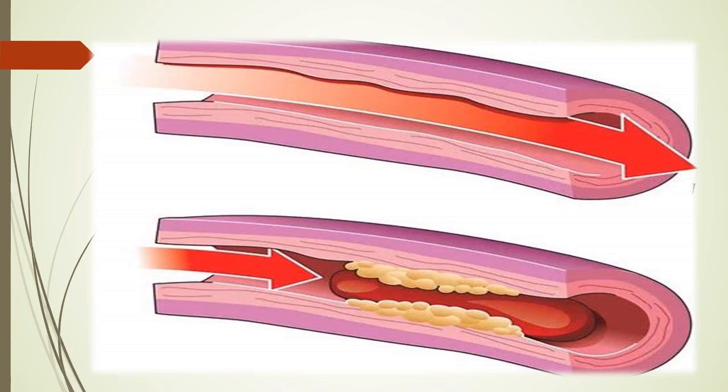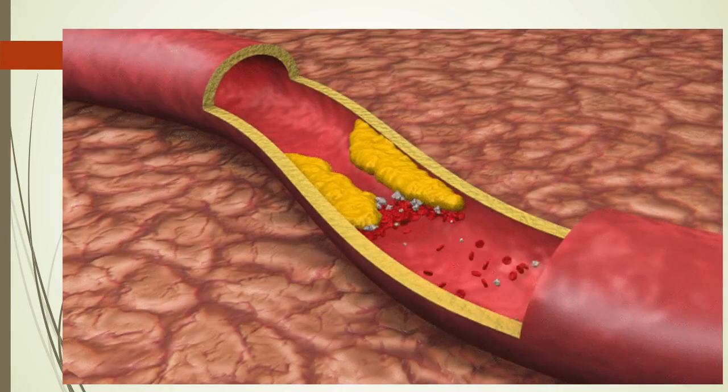What do you do when you are watering a lawn and you want water to reach a longer distance from where you are standing? So what you do is you press your thumb at the mouth of the pipe to partially close it. What you are doing is you are decreasing the diameter of the pipe. Now when the diameter or the available space for the water to move out decreases, water moves out with a greater force. Now this is what happens in case of hypertension or high blood pressure.